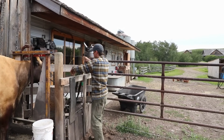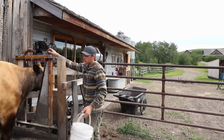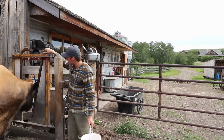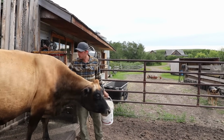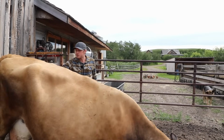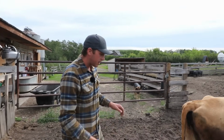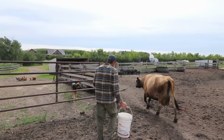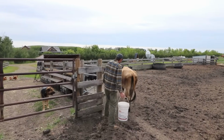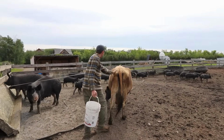You milking 2 cows a day? We're just milking one cow a day right now. So we only milk 1 cow at a time. We have 2 milk cows. You can see Blossom over there. And the reason we have 2 is so that we can give them a nice long rest. Dairy cows have been bred to produce huge amounts of milk. And the way that they produce that milk is they pull fat and nutrients out of their